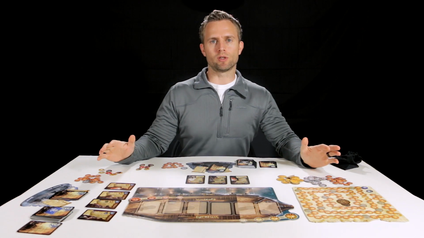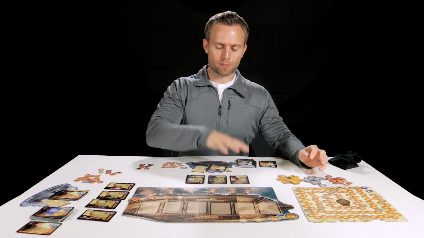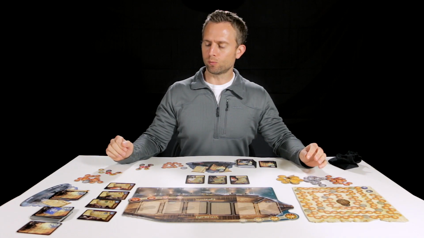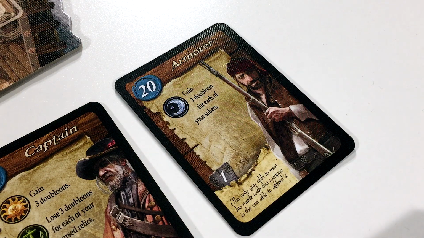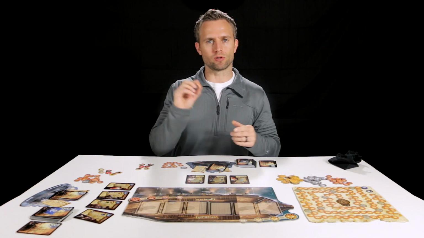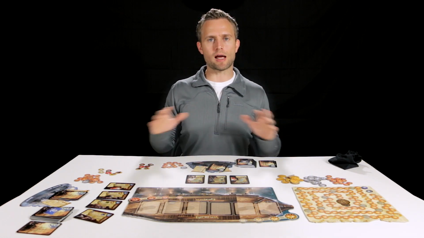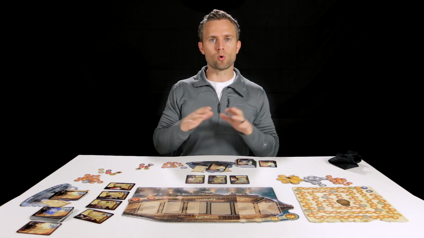So now we're going to move into the night actions for day 6, starting with the black pirate. The black pirate has no night action, so we'll quickly move over to the blue pirate. They have the 1 night action on their armorer, gain 1 doubloon for each saber, and they have 1 saber, so they're going to pick up 1 doubloon. And that ends the night action for day 6,